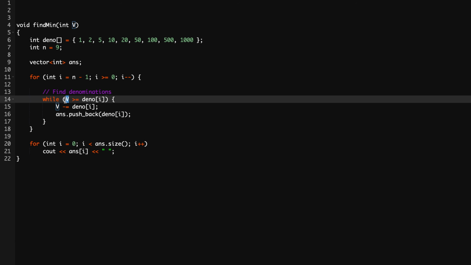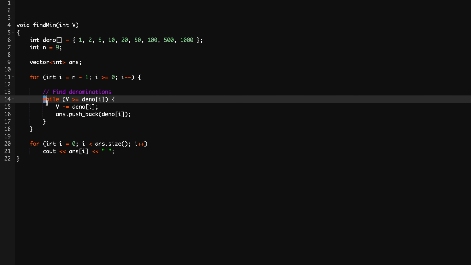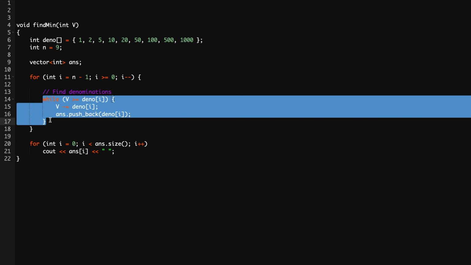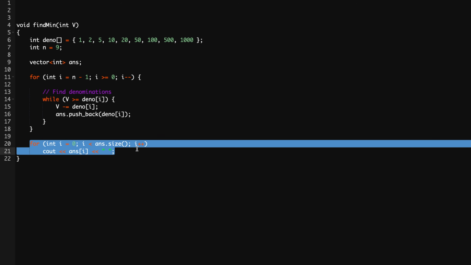If that is the case, I keep on subtracting. So that is the reason I'm running a while loop, and whatever denomination count that I'm taking off, I'm adding it to my combination. So once this while loop is completely executed, I can simply print the answer, which is storing the combination to form V, and I'll get my answer.